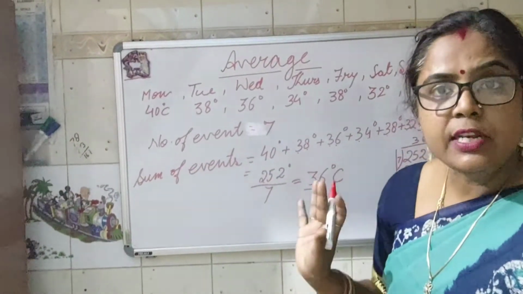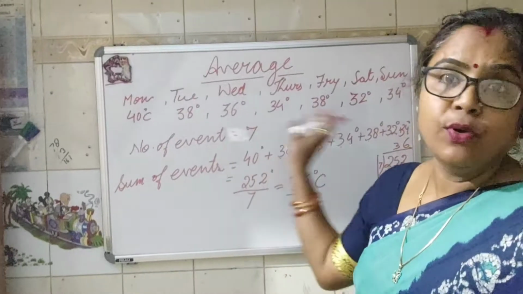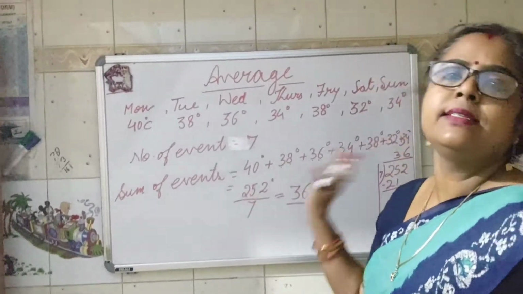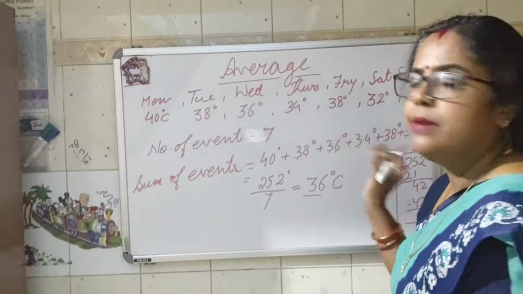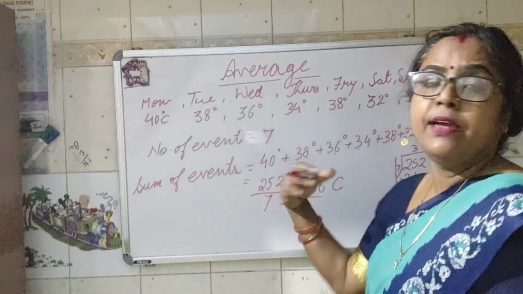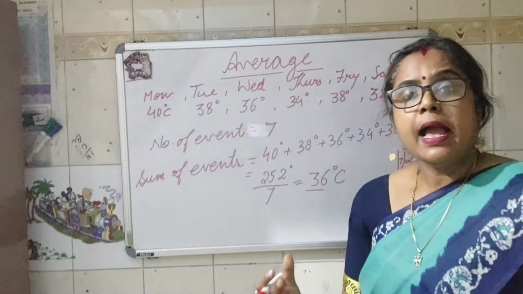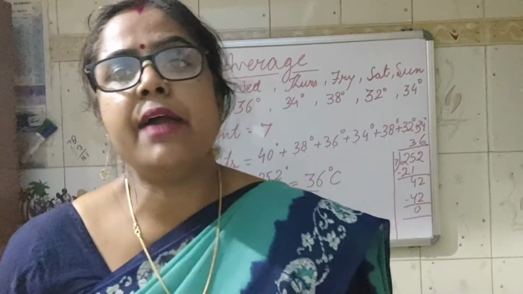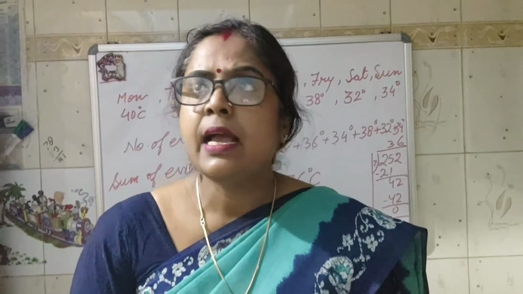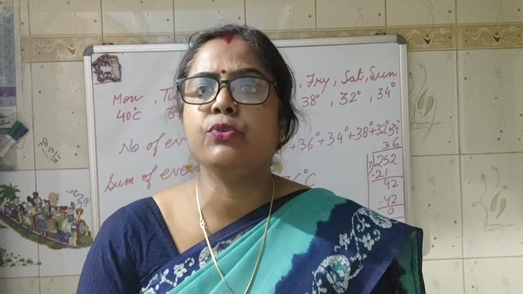This question is not in your book, I have taken it randomly. And don't compare it with that newspaper either, because I have not taken it from the newspaper. I have just gone like this only. This is a random example. So this is the way we use the average. And another name for the average is mean, arithmetic mean. When you go to higher classes and study statistics, I think in class 6 only it will be introduced to you.